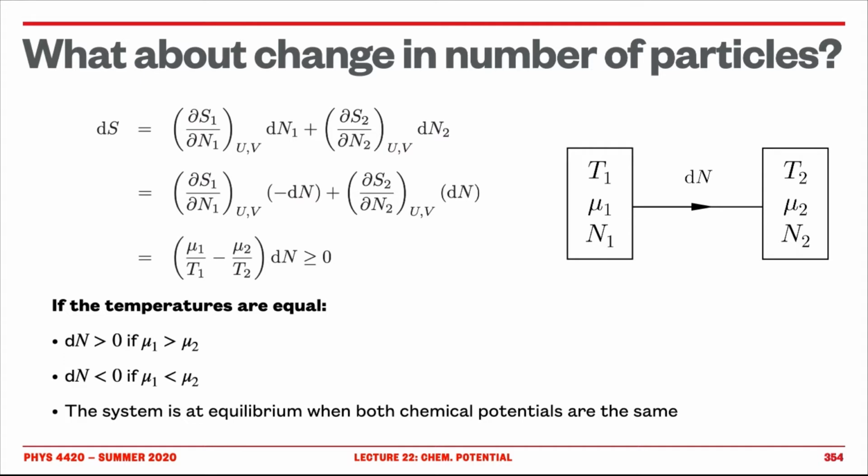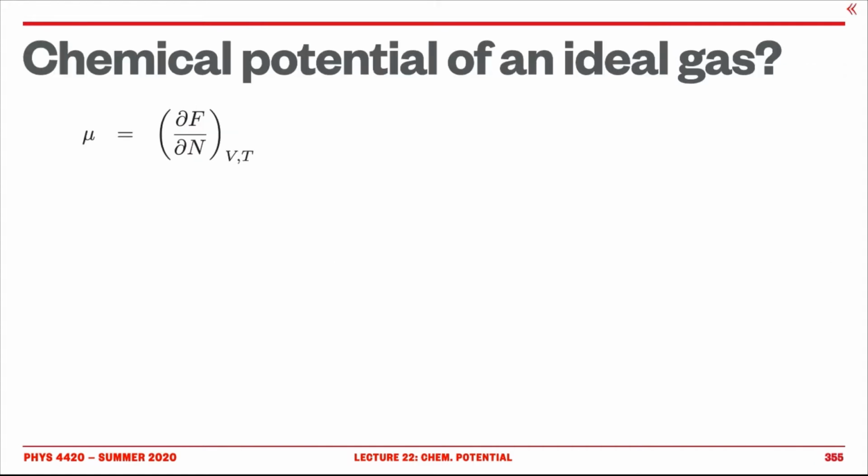So there are subtle effects here. So I'd like you to make sure that you understand this before you even try to move forward with the math that we are going to do now. So let's try to see the chemical potential of an ideal gas. And an ideal gas has been our friend so far, because we know quite a bit about it, and it's maybe one of the simplest ones. So we have mu